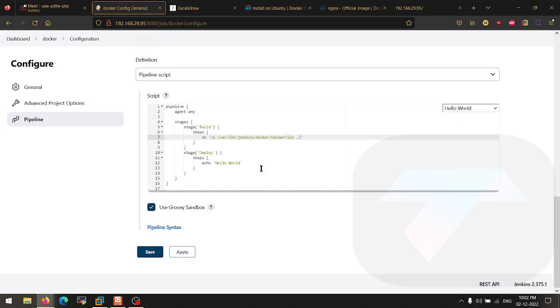Okay. Where I'm copying this file? Dot slash. Now, after copying it inside the dot slash, I'm using the command. What command? Docker build -t my image. Docker build -t my image and dot, that means the Dockerfile is already present here.